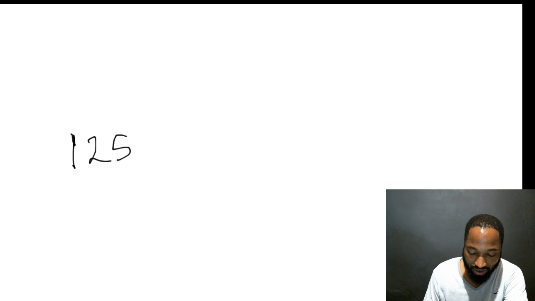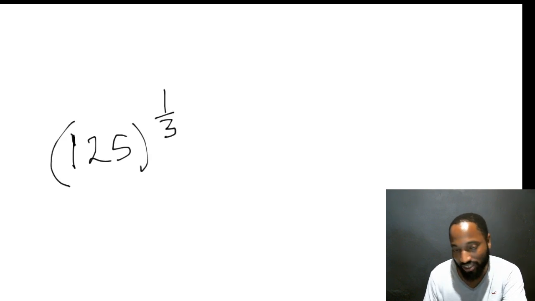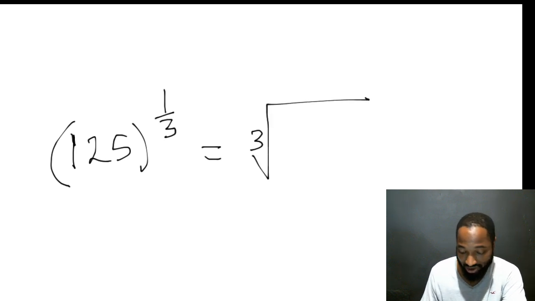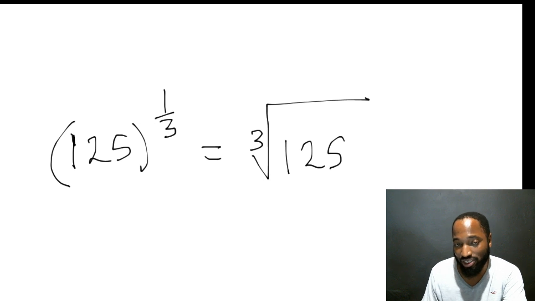This is the weirdest thing ever. It could get even weirder. Like if I had 125 to the power of a third, and I just put it in brackets so you can see I'm clearly raising that to the power of a third. It means this becomes the root here, and this is actually going to be the cube root of 125. I chose the number 125 because 125 has a nice cube root. The cube root of 125 is actually 5.